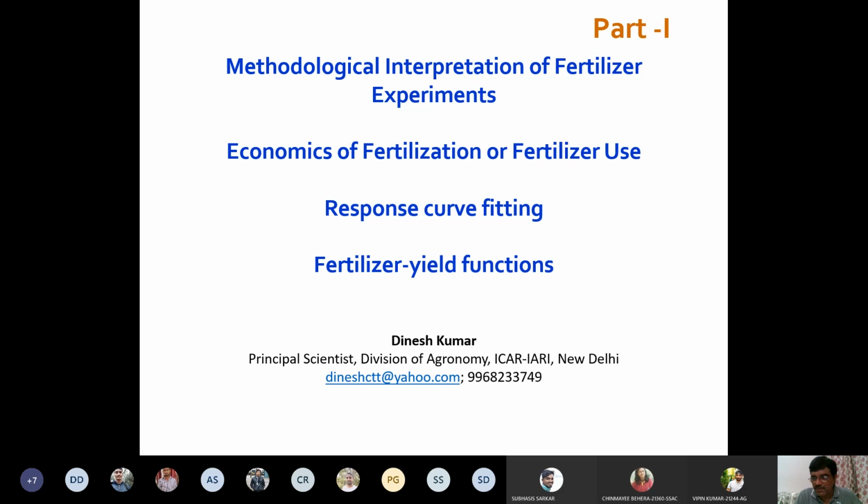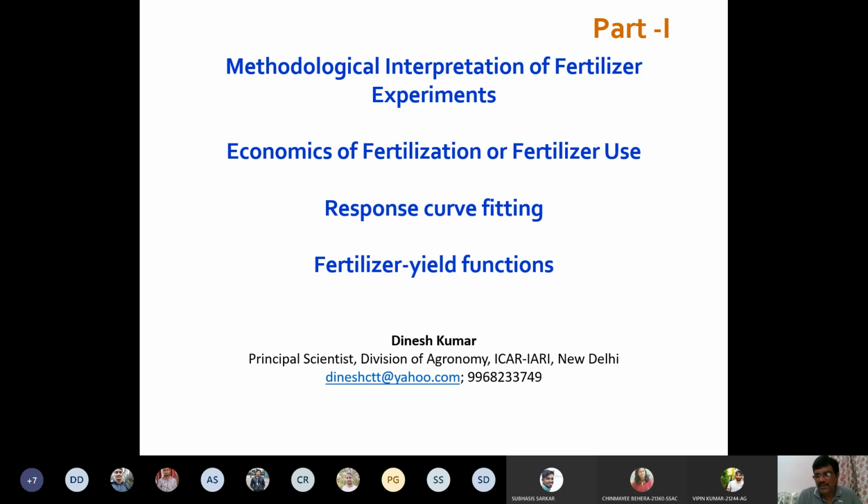Output may be grain and extra both. So you see how much money you can earn. That will be your total returns. That will be called as total returns. So then you can subtract cost of cultivation from the total returns to get the net returns. Then you will get net returns. So net return is your benefit. And then you can work out the BC ratio. So then you can compare different treatments. This is how we do in agronomy to work out the benefit cost ratio.